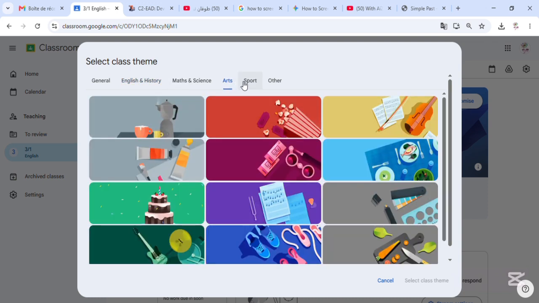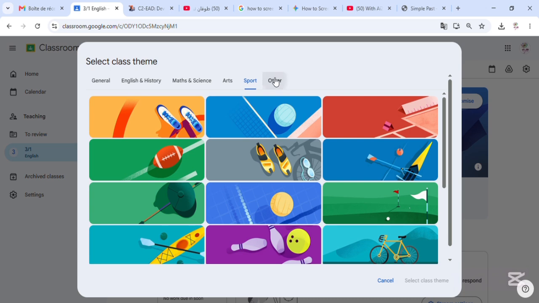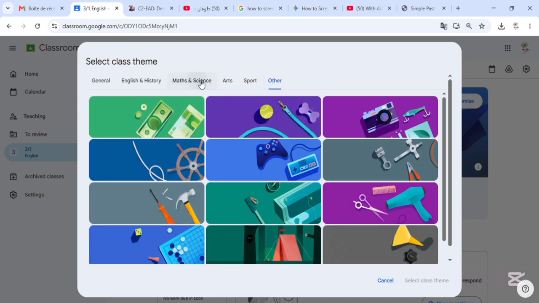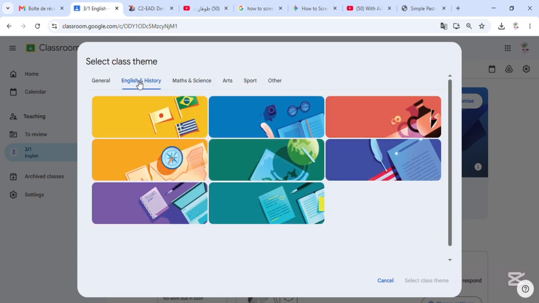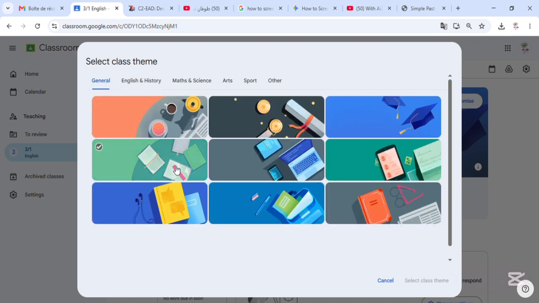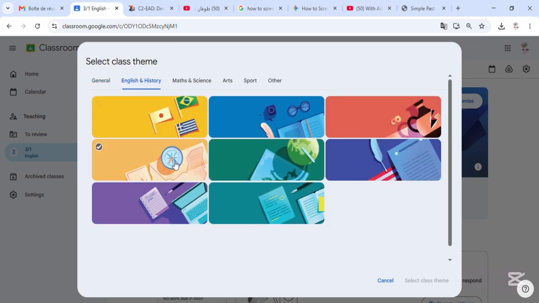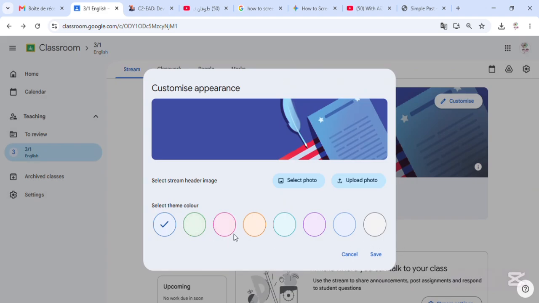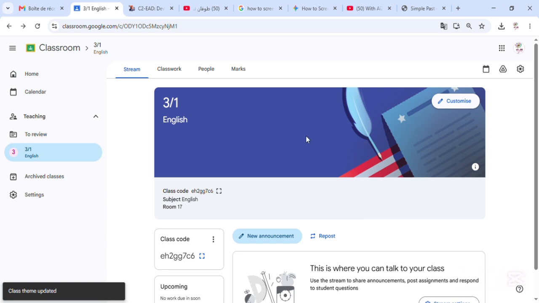Arts, sports, other, science, English, general. Maybe this, okay. Select class here. I can go for pink. Okay, I like pink. That's it.